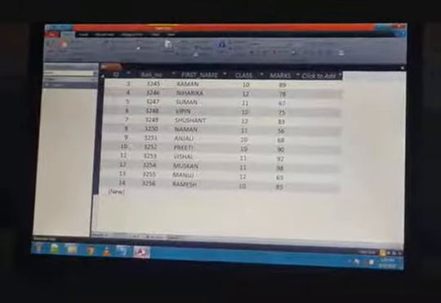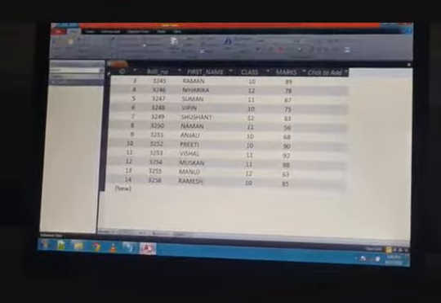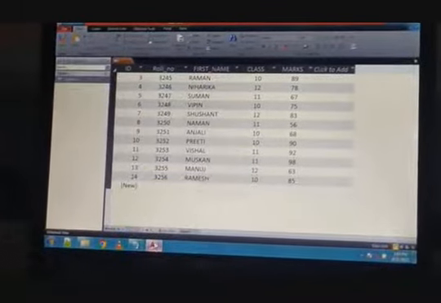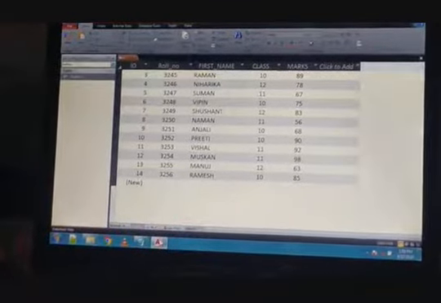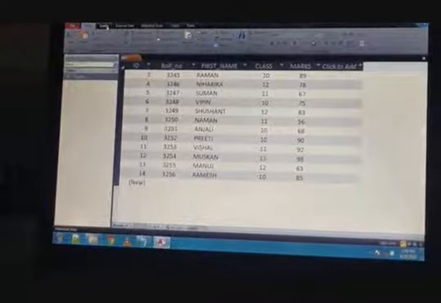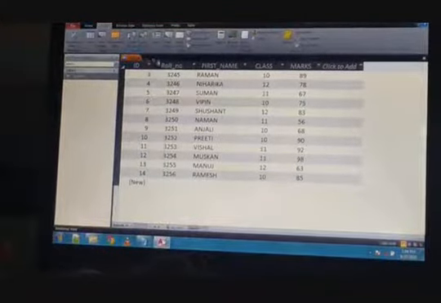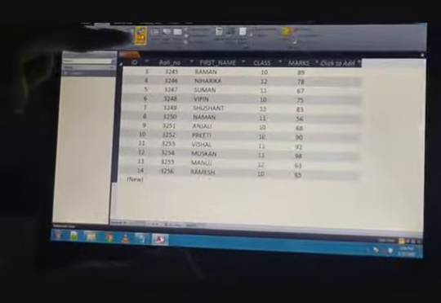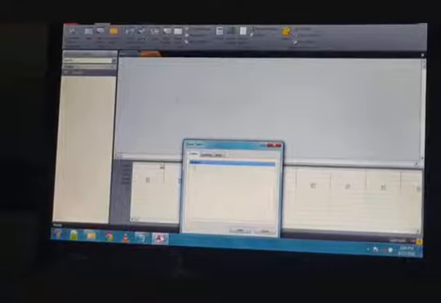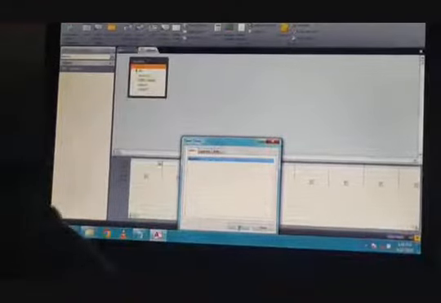Here this is the MS Access program and this is the table, table 1. Here I am creating a query. First of all I click on the Create tab and click on the Query Design option from the Queries group. Now I select the student table and click on the Add button. This is the Add button. Now click on the Close button.